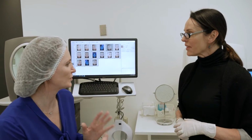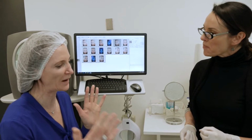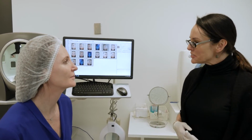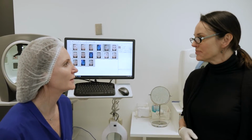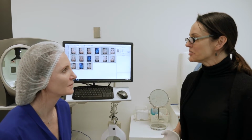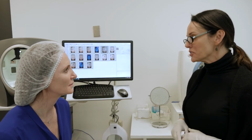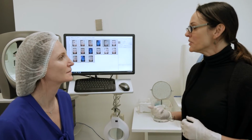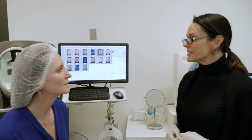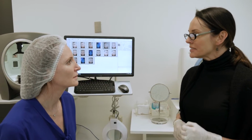How much time in between do you have? 2 weeks minimum. So you do a batch of 3 and then you have some sort of maintenance? We'll monitor your progress and then see what else we might be able to work on. So you might be happy with what that's achieved, and we could go back to doing maybe some signature treatments, some hands-on fluffy cosmeceutical facials, if that's what you need, or we could go into more intense treatments, maybe even some Clear and Brilliant laser treatment,